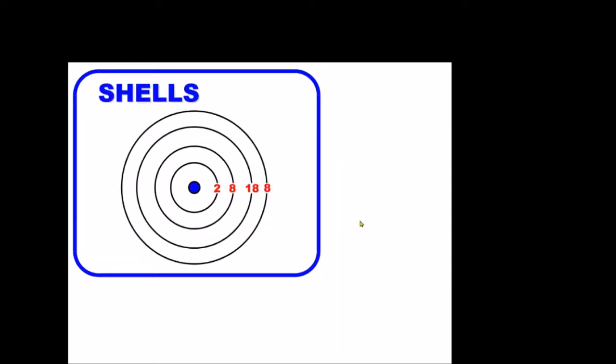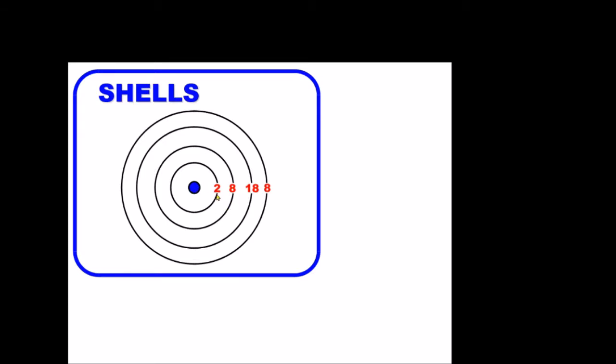So what does all this mean? Well, there are basically shells, and electronics is sort of a science, so it does follow certain rules. When we're looking at atoms, we have a nucleus and we have several different orbiting shells. There is a law basically to these atoms. I don't know who came up with this or how they figured this out, but in the first ring you can have two electrons, and all these outer shells are going to carry the electrons in the atoms. The neutrons and protons are inside,